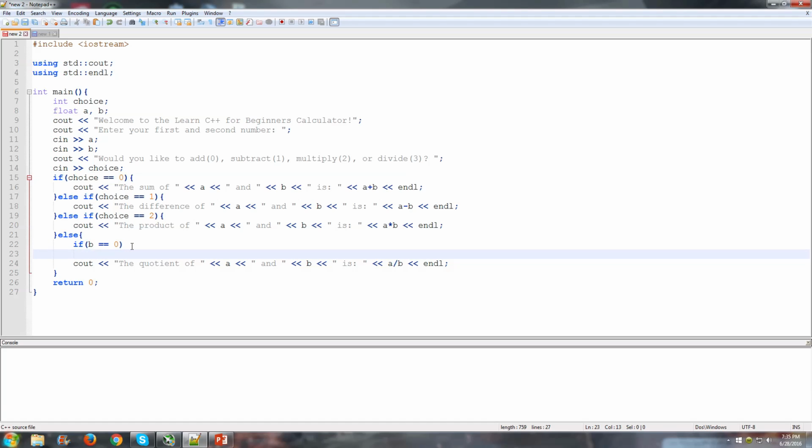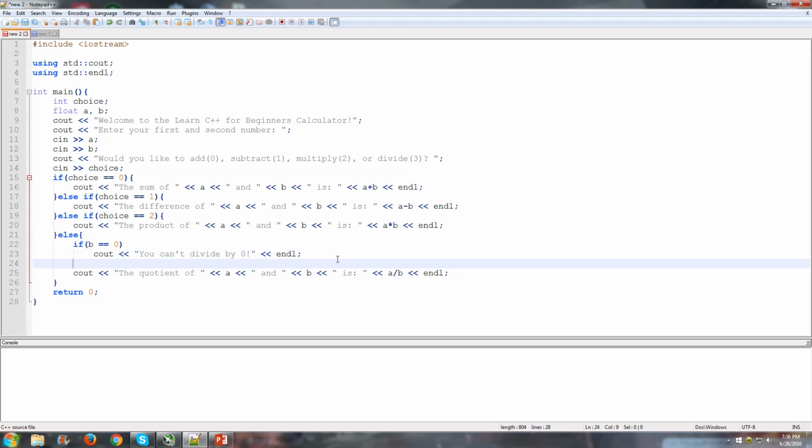and I'm not going to use the brackets because it's only one line under, you don't need it. We're going to say cout you can't divide by 0. And that's all we're going to do with that. We'll slap an endl on there. It's not even going to reprompt for input. We're just going to let the user, if he decides to use the program again, just loop it back. And then else,